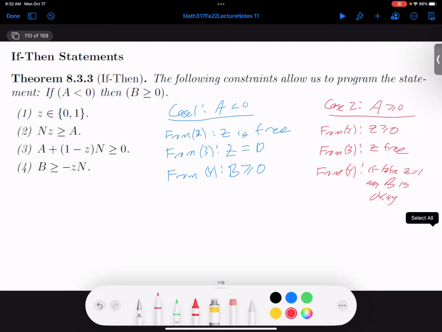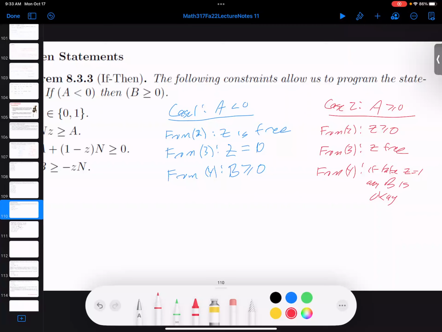Frequently, the best way to find the candidate points is to find lambda. But there are many times when you actually don't bother finding lambda. You might take ratios of equations and the lambdas cancel. So at the end of the day, I really just care about making sure if A is less than 0, then I'm only considering situations when B is greater than or equal to 0. I don't care about Z. So I don't necessarily care about what the value is. So always keep track of what you care about.